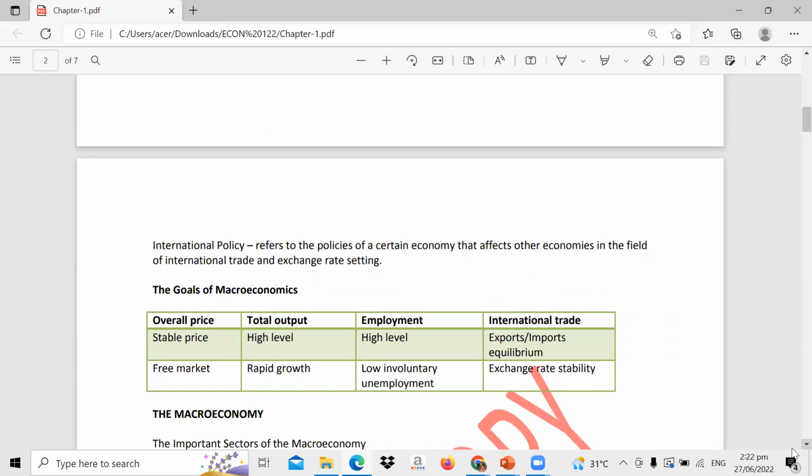So this refers to the policies of a certain economy that affects other economies in the field of international trade and exchange rate setting. So this one, ang kaning mga international policy na to, it involves kaning ato ang tarification. That's the best example, one of the best examples. Rice tarification law. I think this was introduced in 2019, if I'm not mistaken, wherein before, we're not allowed to export, no, rice. Yung munang medyo mahal kaya nga itong rice sa Philippines. Yeah, taas on demand. But because of rice tarification, medyo niubos ang price sa atong rice.